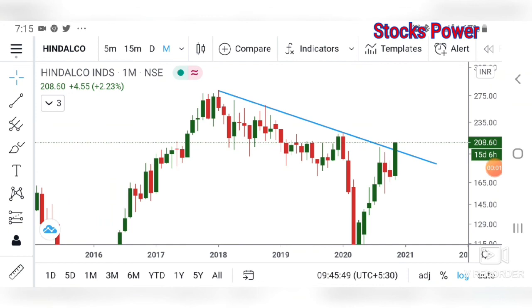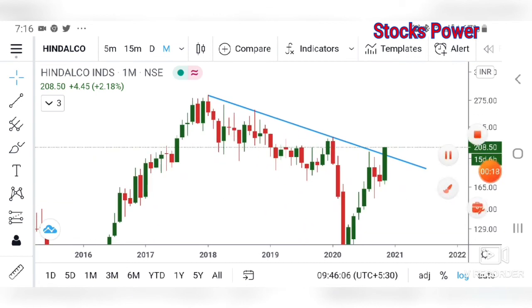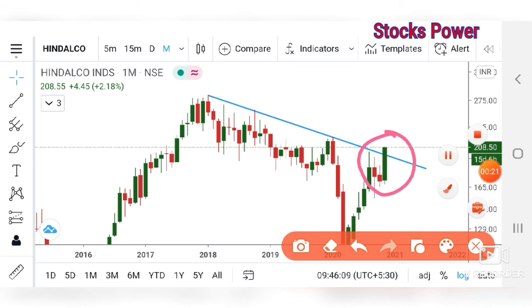This is one of the best stocks I will tell you to refer, Hindalco Limited. So this stock has given breakout in this month. So wait till the end of this month. If the candle remains closed above this trend line, then you can buy this stock as a multi-bagger stock. It will give a good return in a short time. So look at the stock and keep it on your radar for this month ending. You can avoid Tata Steel as it has not given breakout for the long term. So you can take this Hindalco on your radar.